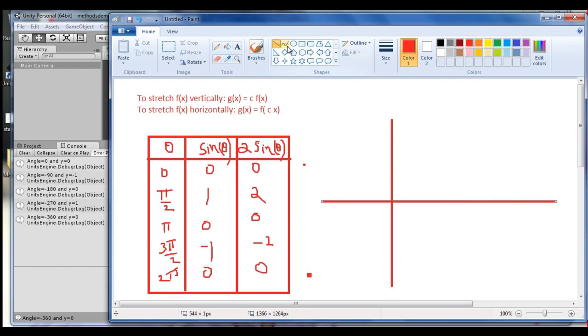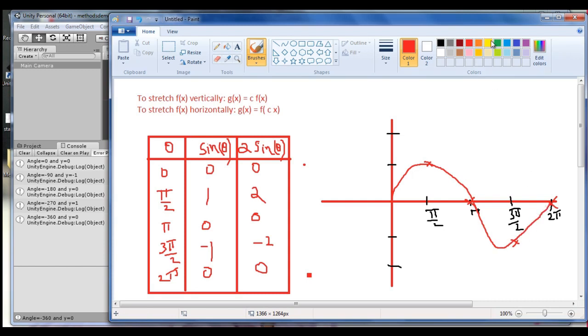if you draw the graph, right, so here you will be having pi by 2. Let us take pi by 2, and this one will be pi, and this one will be 3 pi by 2, and this one will be 2 pi, and let's take this one is 1 and this one is 2, and this one is negative 1, this one is negative 2, and if you draw the sine theta,